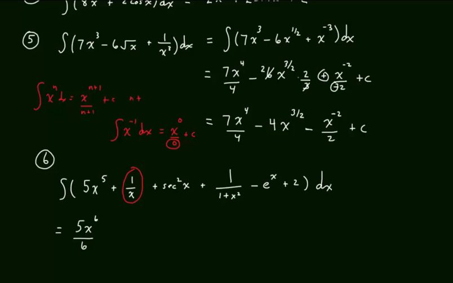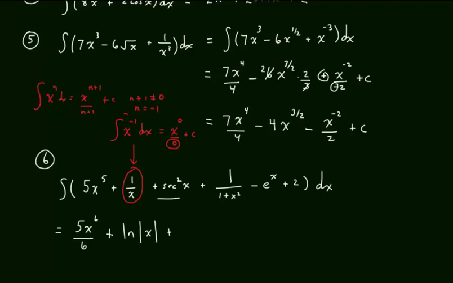except n plus 1 cannot equal 0. So that was the case here. n cannot equal negative 1. So this portion here, you could not use the reverse power rule. What you should have noticed was this was simply the derivative of natural log. So the antiderivative of 1 over x is simply natural log of absolute value of x plus